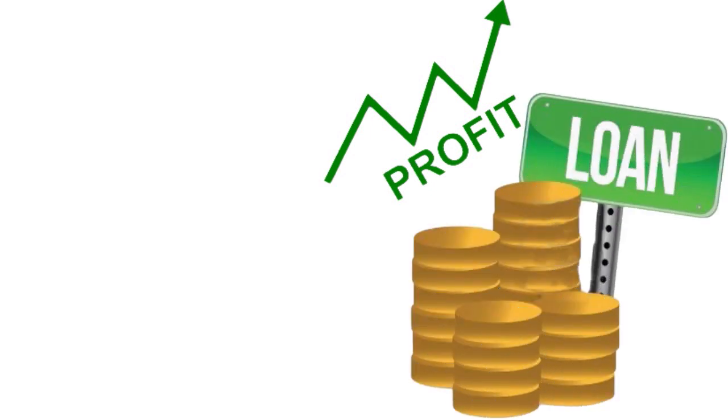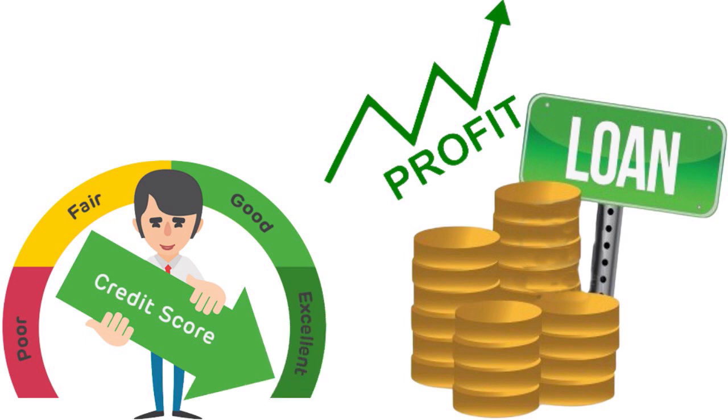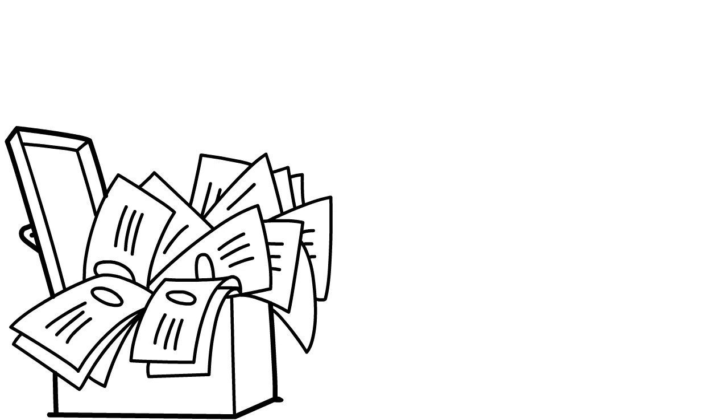What you do here is that if you have business credit, you will be able to get a loan. For instance, you can borrow from a bank, credit union, or online lender, and use the credit score that you have to get the loan that you need. Even better, if you don't qualify for a business loan or business line of credit, you can qualify for a revenue-based financing arrangement. If you're having sales but not having cash, you can do accounts receivable financing or accounts receivable factoring, and you can get the cash that you need to finance your operations. But if you had business credit, things would have been a lot faster because you wouldn't need to